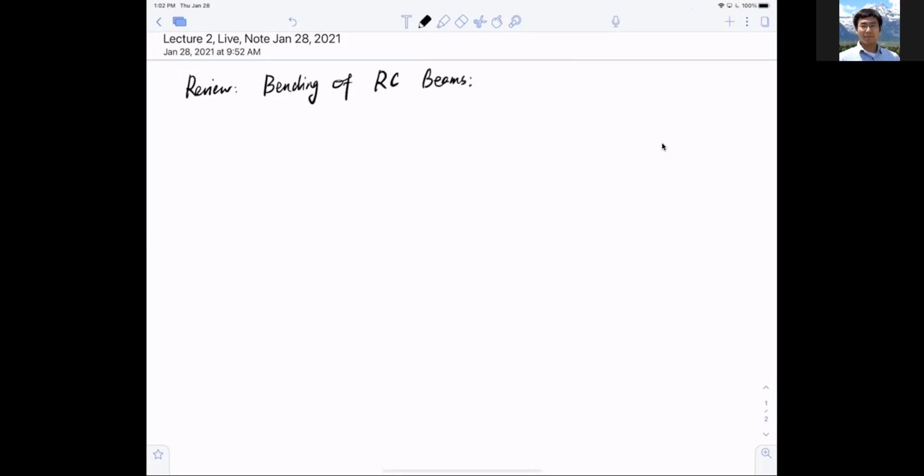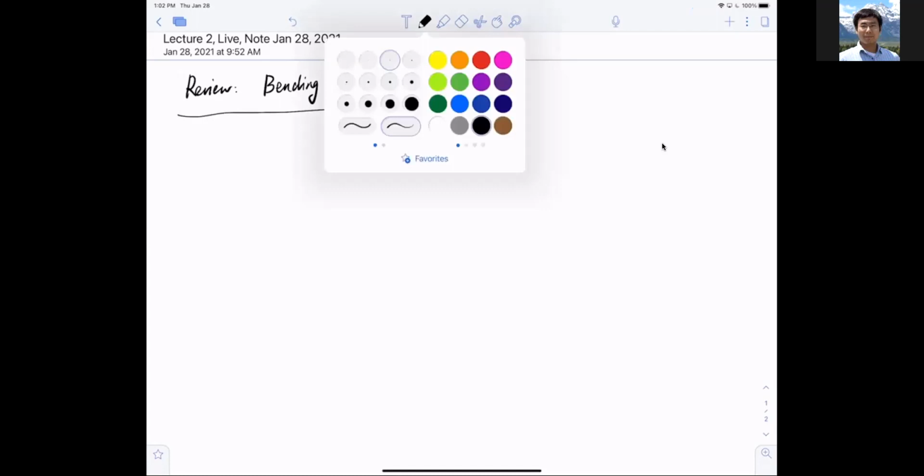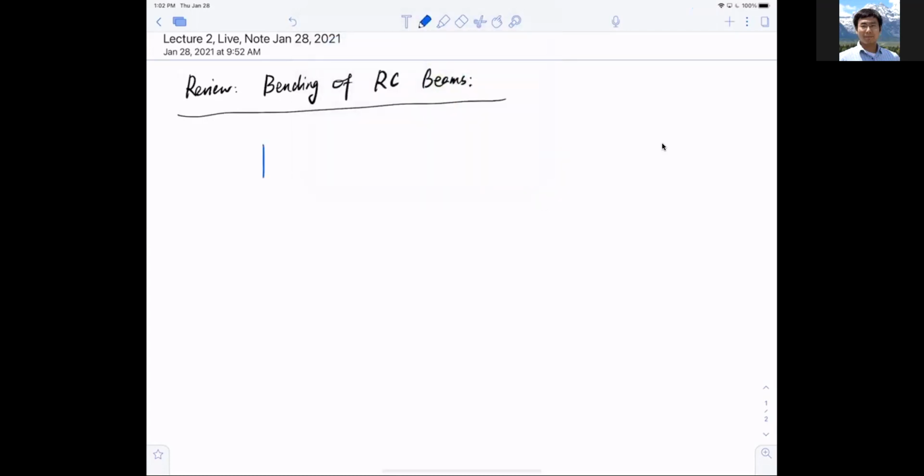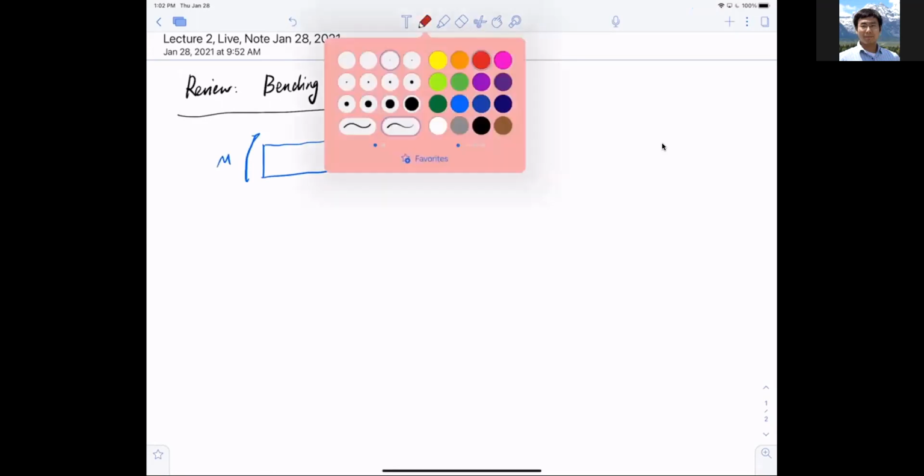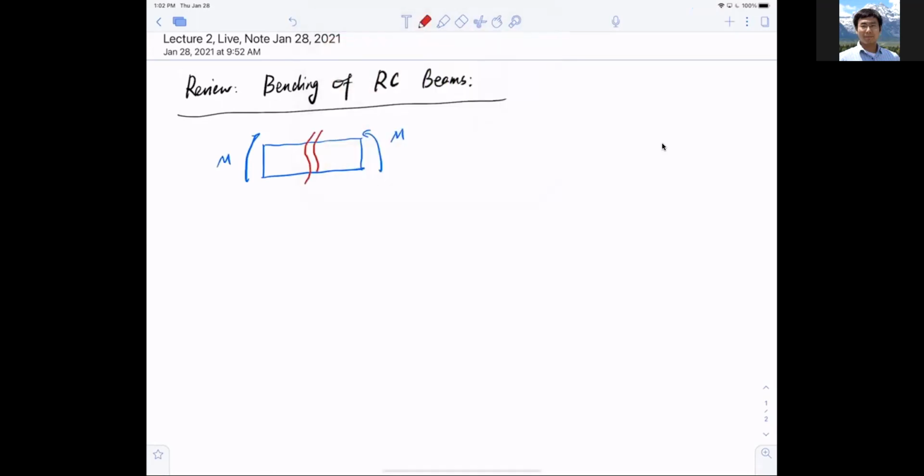If I have a reinforced concrete beam, it follows a shape like this, and it bends like this. If I make a cut here in the middle section, and mind you that this is the so-called constant moment zone,